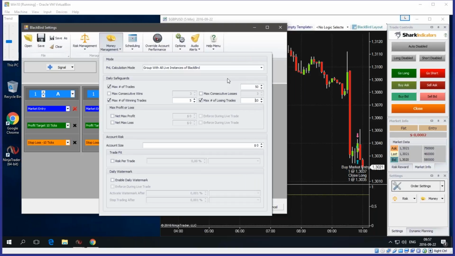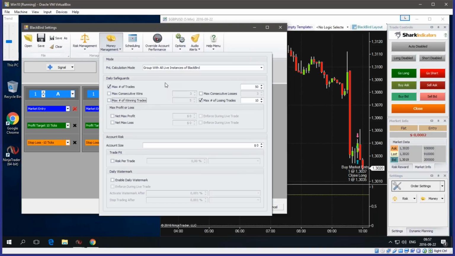Now you notice these are called daily safeguards, right? So this only works for the day. Once you hit midnight, BlackBird resets its stats at midnight, and then these daily safeguards will get recounted again. All the trade stats get zeroed out, and then these daily safeguards will be used again on the following day. So, all right,